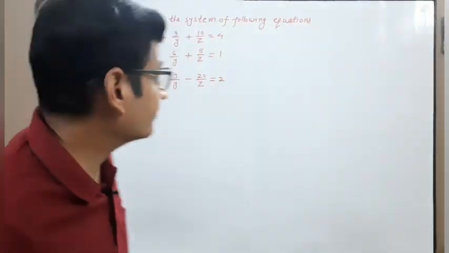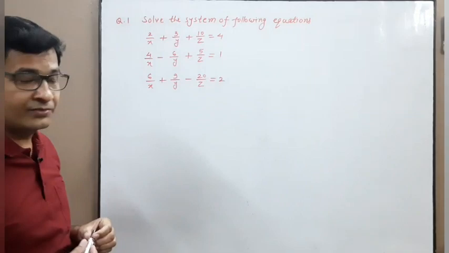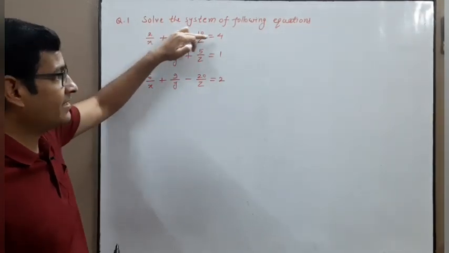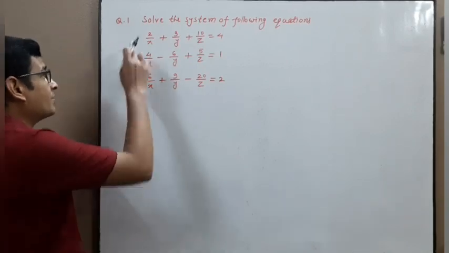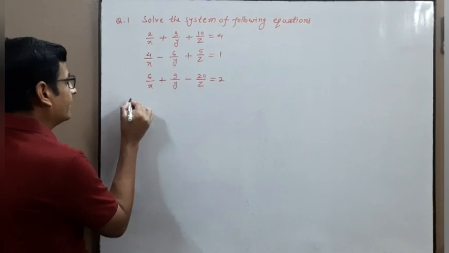Hello students, today we are going to discuss more problems based on application of matrix and determinant. Question number 1. Solve the system of the following equations. Three equations are given: 2 by x, 3 by y, 10 by z equal to 4. Let 1 upon x equal to u, 1 upon y equal to v. You can write directly the corresponding